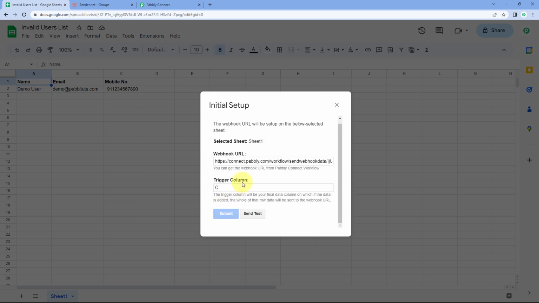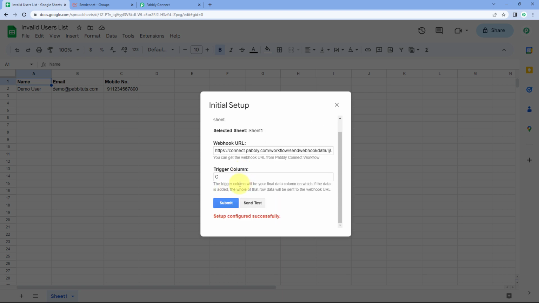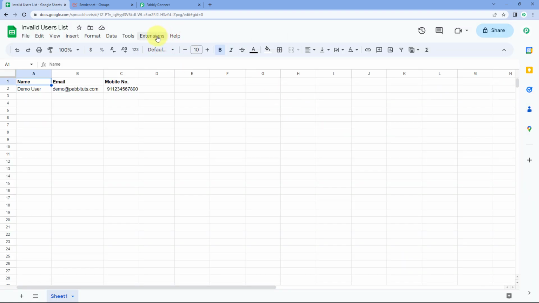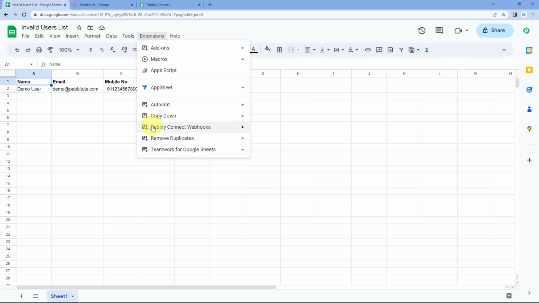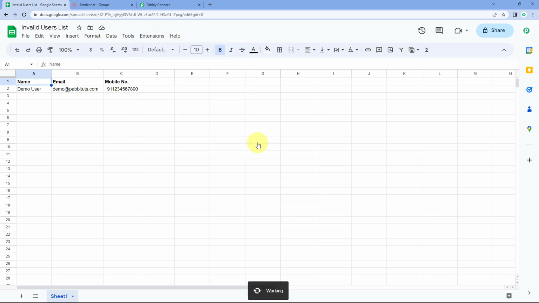So let's click on this submit button, and as we click on submit, we will see it is showing us setup configured successfully. So we have successfully saved these settings. After doing this, once again we have to go to extensions, Pabbly Connect webhooks, and this time we have to select the send on event option. By selecting send on event, we are telling this Google Sheet, we are telling this add-on that whenever the data in a new row is added in our Google Sheet, immediately send the data of that newly added row